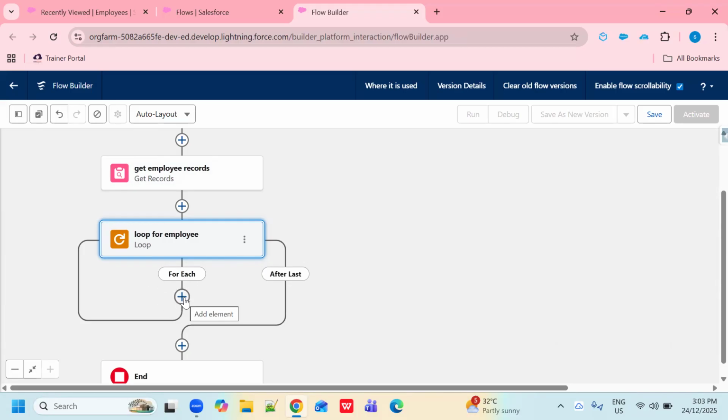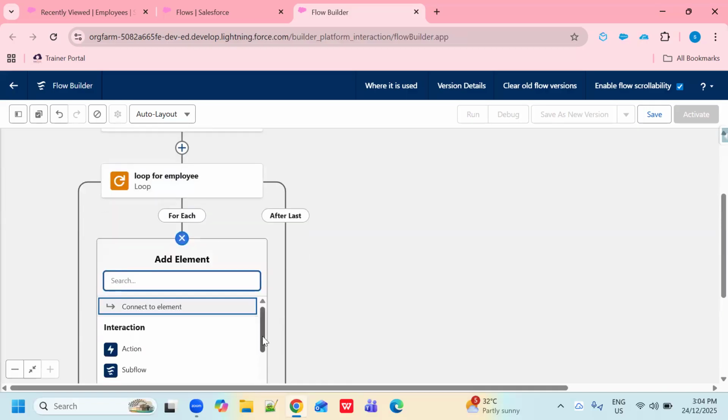From here I can also send a mail. So when my loop gets the first record, it will send the mail, then the loop will go forward, and when it considers the second record, mail will be sent for the second record. This is one way. And I can add it here also. But then all records would be fetched by the loop, and the mail would be sent to all employees together, right? For now I am adding it here. So I want one by one.